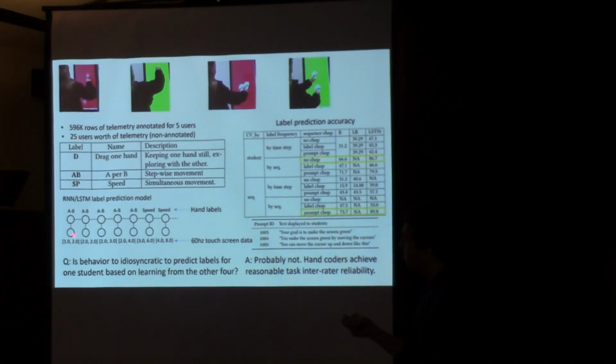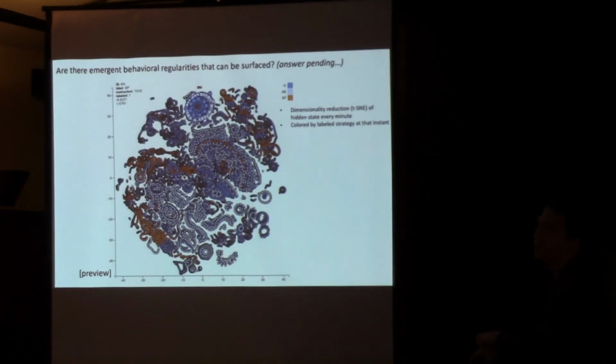So we're not plotting every time slice, because that would be too much. We're taking the vector every 60 time slices. So every 60 time slices we extract this vector, and then we do dimensionality reduction on that vector. But the dimensionality reduction technique is one specifically designed for neural networks called t-SNE, into 2 dimensions. And then we color that plot point by the expert label of strategy at that time. And that's what produces this.